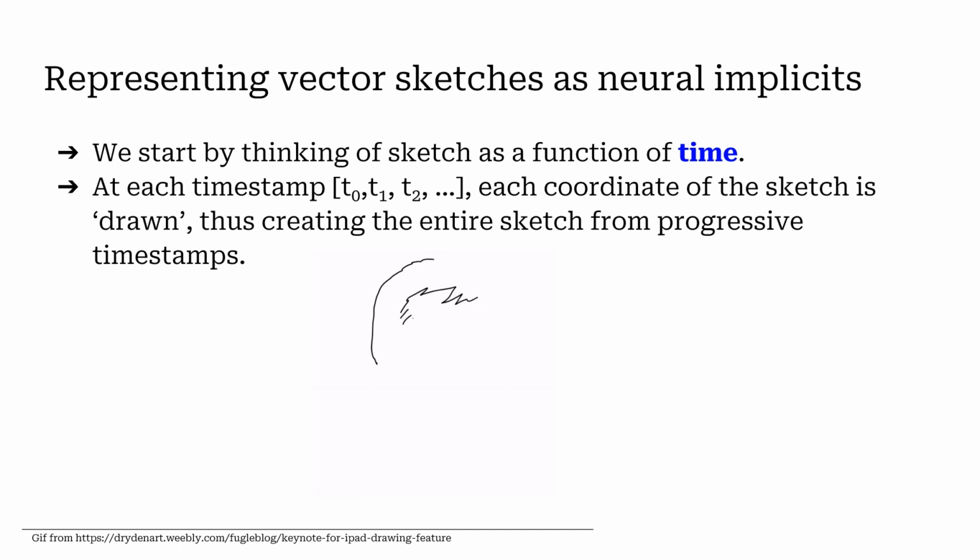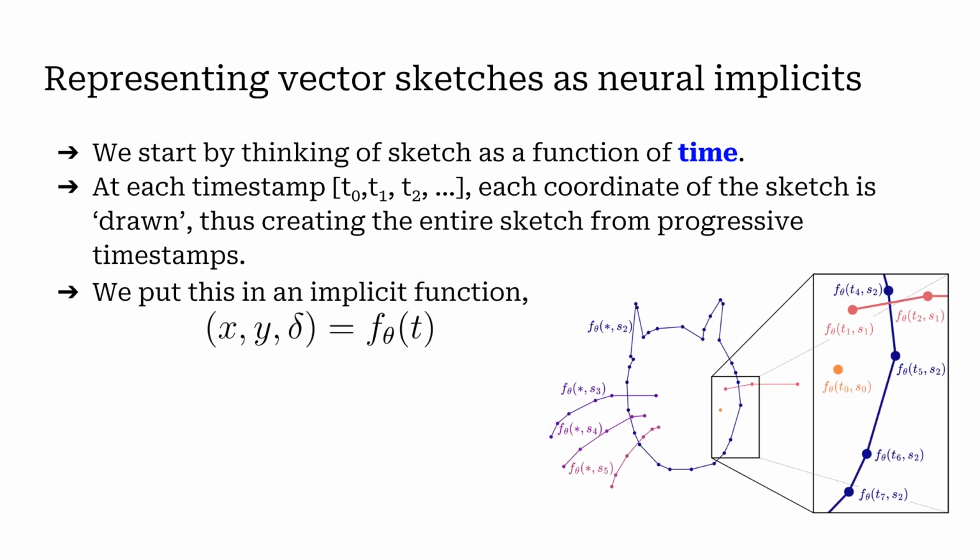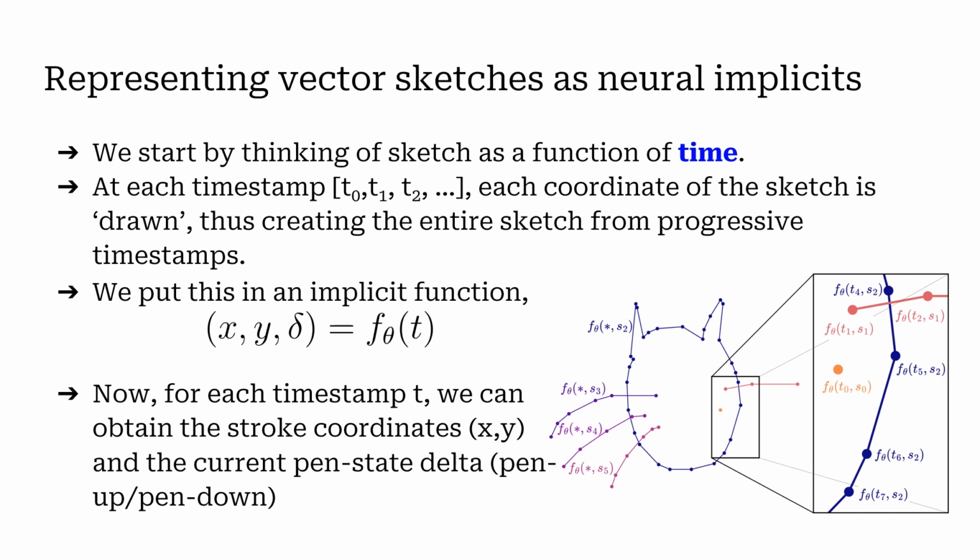For this, we start by thinking of sketch as a function of time. At each timestamp, each coordinate of the sketch is drawn, thus creating the entire sketch from progressive timestamps. We put all of this as an implicit function so that we have x, y, delta as the stroke coordinates and pen state as a function of time parameterized by theta. Now for each timestamp t, we have the corresponding pen states and coordinates,